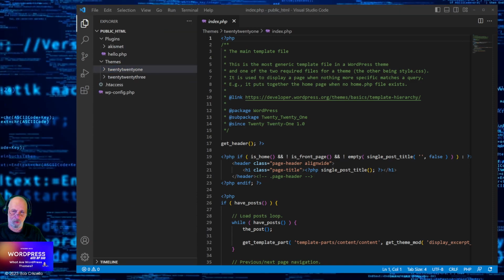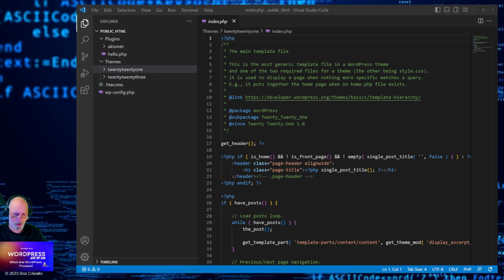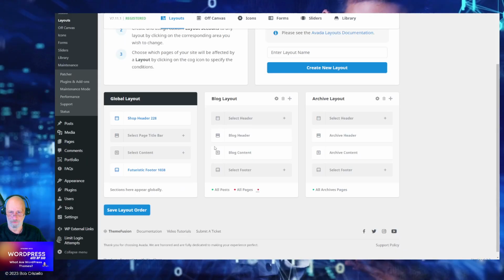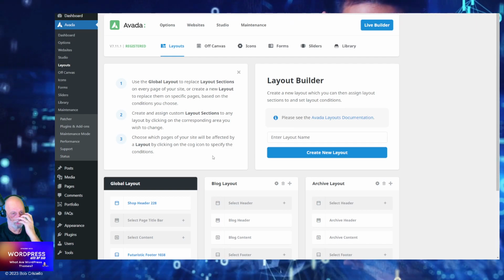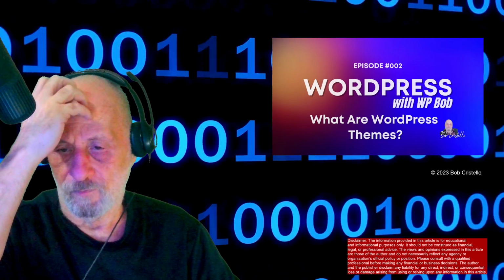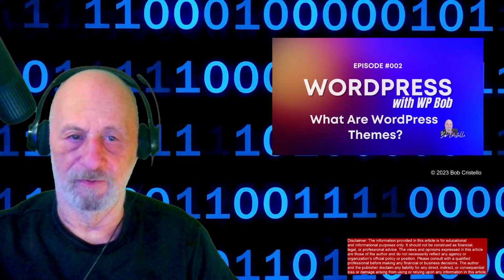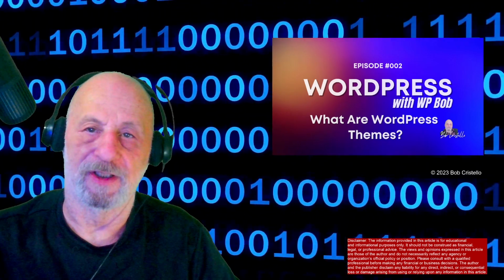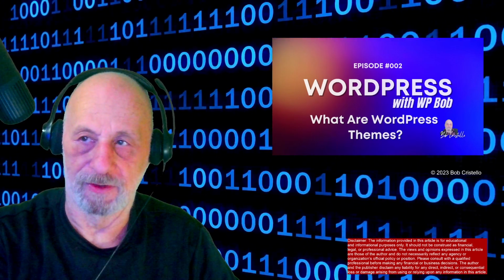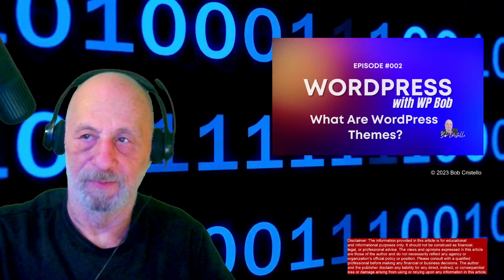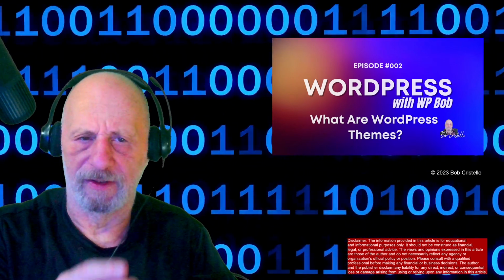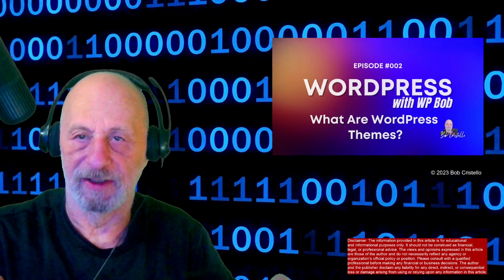So what was the benefit then of going to something of this nature here with the Avadas or the Elementors of the world? Well, it leveled the playing field, first of all. A lot of people that had never touched this type of stuff, like WordPress UI designers, could use these things very simply. And then WordPress CSS coders started to see they could put little snippets of CSS here and there.